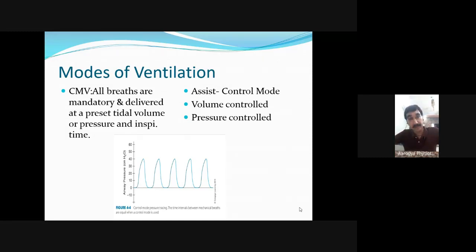Once you set the pressure, the volume which is being delivered to the patient will be dependent on the resistance and the compliance of the patient. As we have seen, the resistance and compliance of the patient will decide the volume in pressure control. If you are setting the volume, there is a preset volume of flow in the volume control, and the pressure will vary according to the resistance and compliance of the patient's respiratory mechanics. So volume control and pressure control you'll see in combination with a lot of modes.